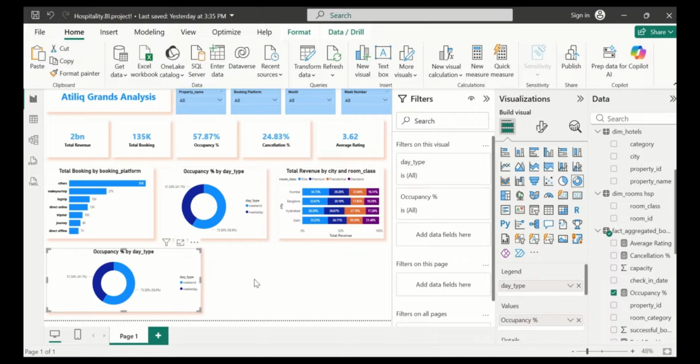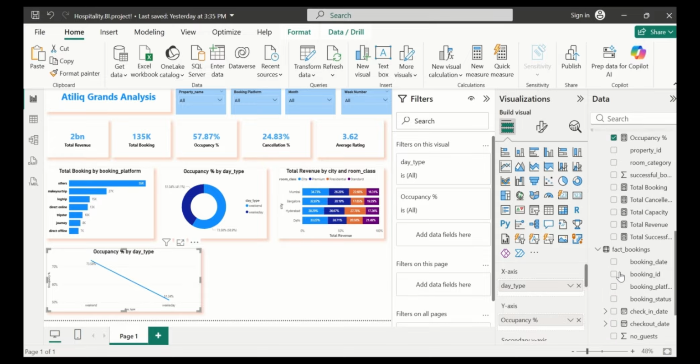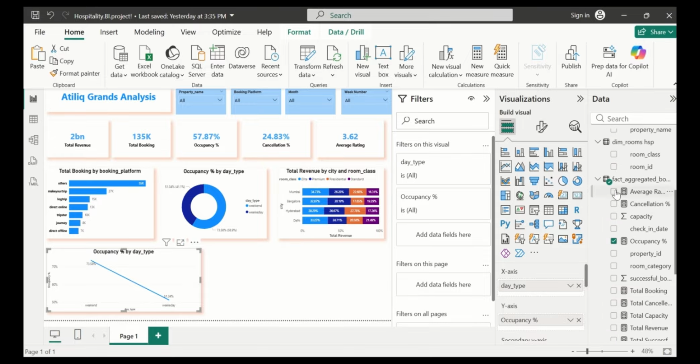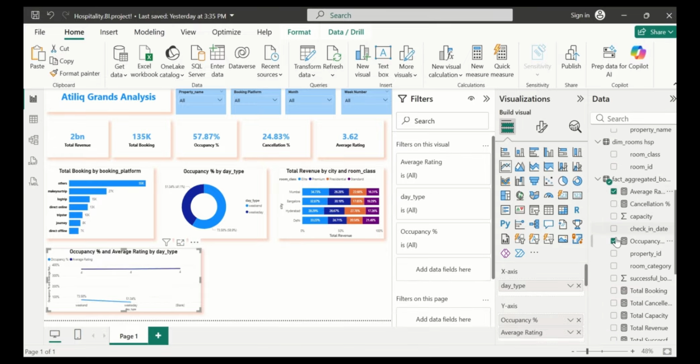And then we build our trend line. So the trend line is this one. So we are looking for average rating and occupancy